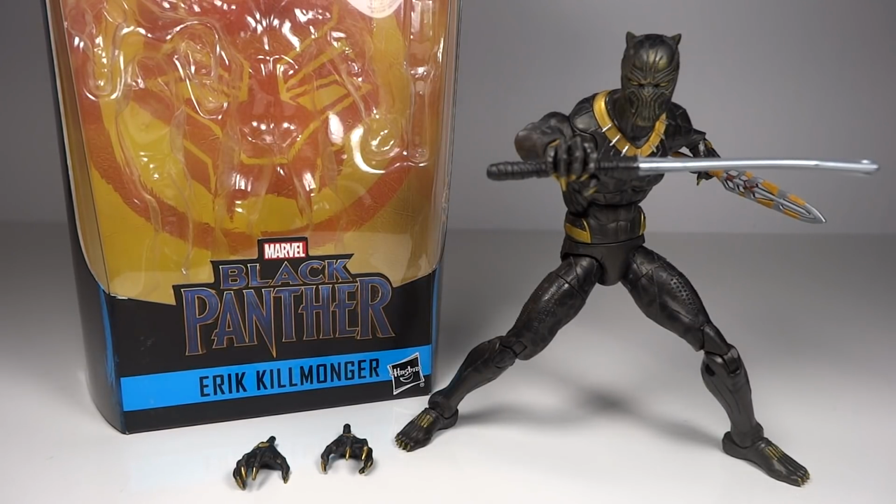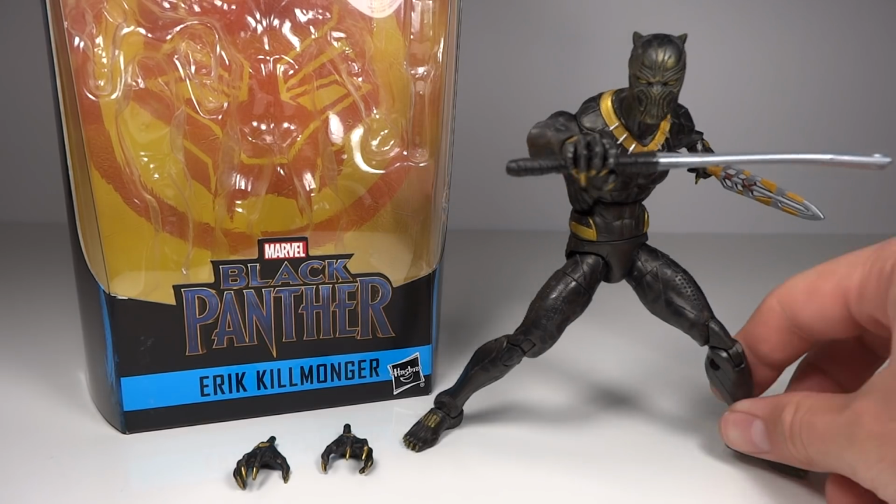This time we have Marvel Legends Black Panther Erik Killmonger. This was the figure that I was very much looking forward to. Probably my most excited or most anticipated Marvel Legends figure of the year so far, at least. I'm a big villains fan, and I do love the movie characters, so of course I very much gravitate towards